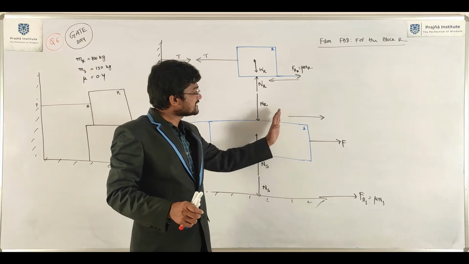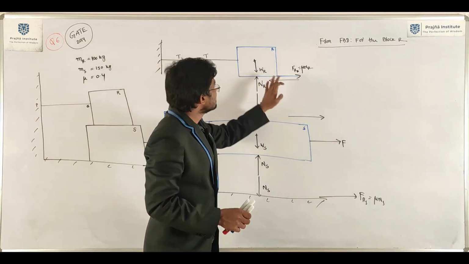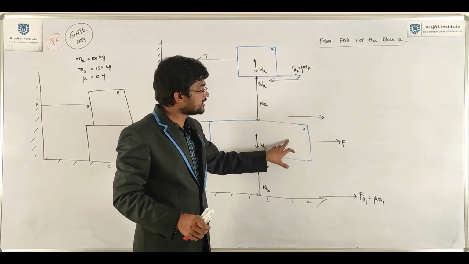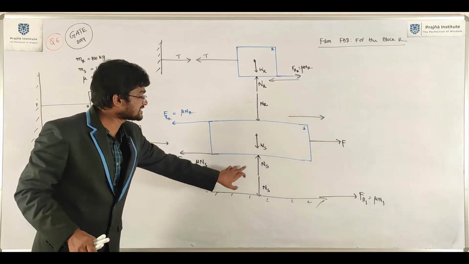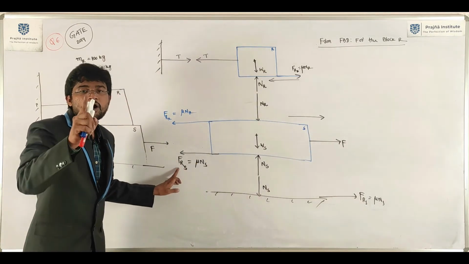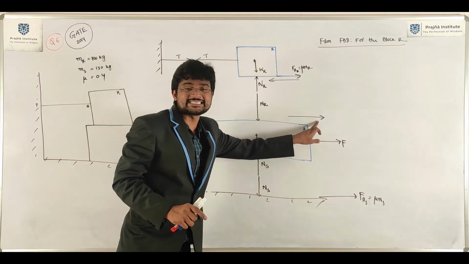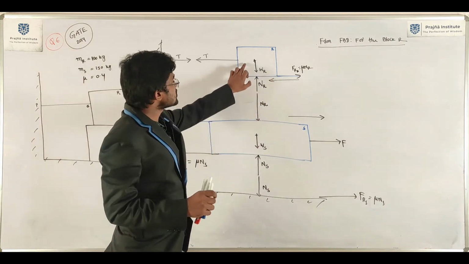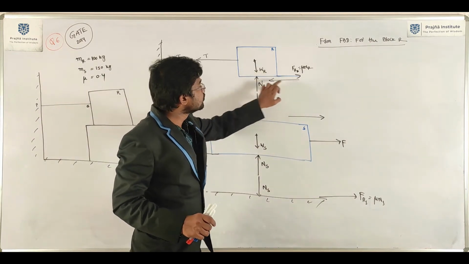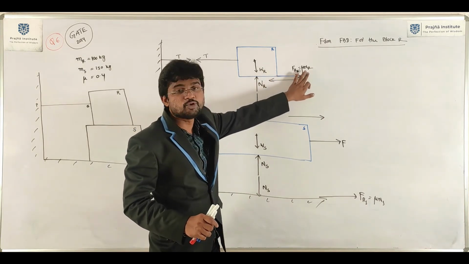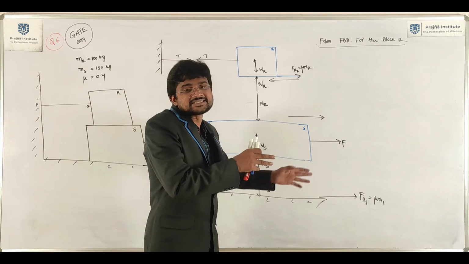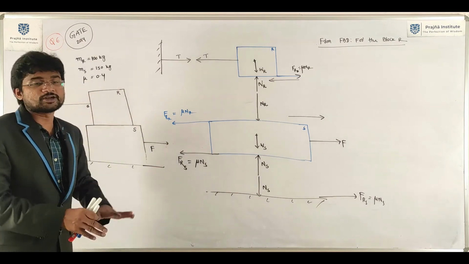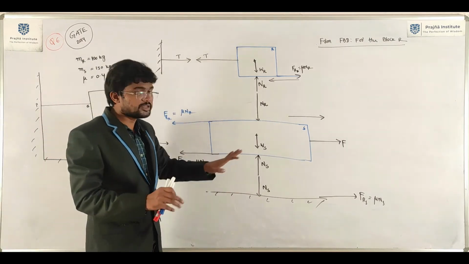Block S tries to move in the forward direction. This block tries to move in the backward direction. So this is the direction of movement of the block S. What is the coefficient of friction at the contact surface? It always acts opposite to the direction of motion of the block S. That is mu into N_S. Take relative friction. Now focus on block R. This block tries to move in this direction. Frictional resistance mu N_R. We already discussed this in the last class. So relative friction will come here. We incorporated all the forces in these two free body diagrams.